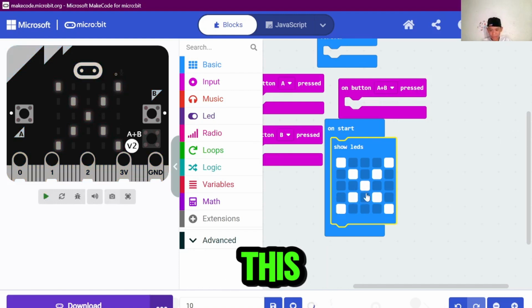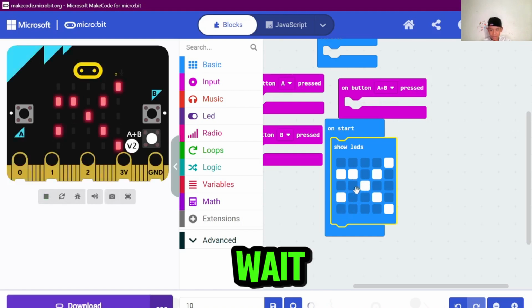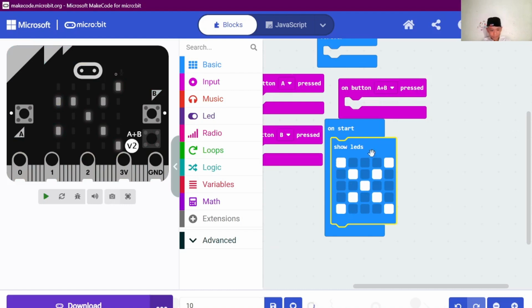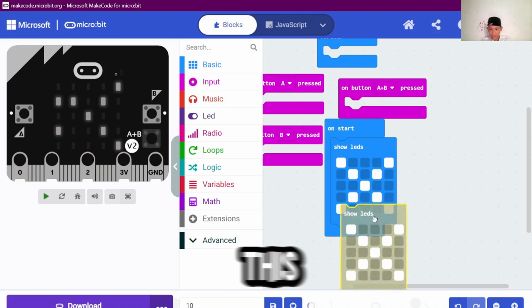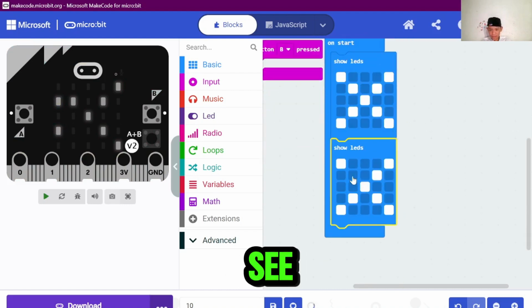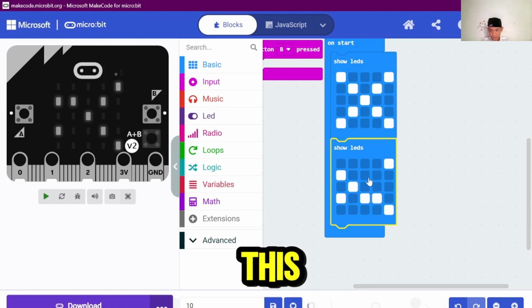I'm going to show it to you guys in here, in here, and wait. Oh yes, like this, but need many like this. You guys can see this. Put in here. Put this like this.